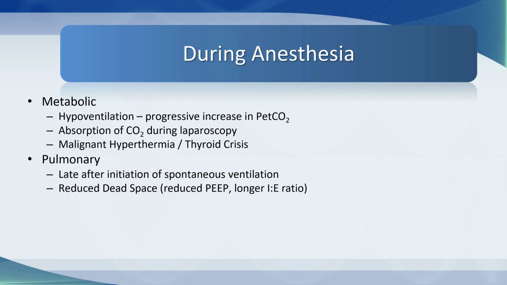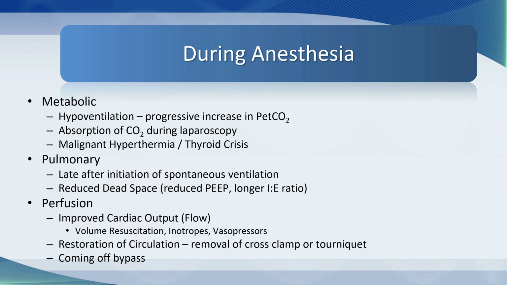pulmonary, and there are a couple of reasons why the end tidal will go up in someone who's on a ventilator. The first thing is if they're on spontaneous ventilation, it may be that they're just hypoventilating and over time the CO2 builds up. But the second thing is you may actually make a vent change that will improve overall ventilation perfusion matching. For example, reducing dead space by reducing the PEEP, or reducing the mean airway pressure, which is the same effect by giving the patient a longer I to E ratio, and this is a very good example